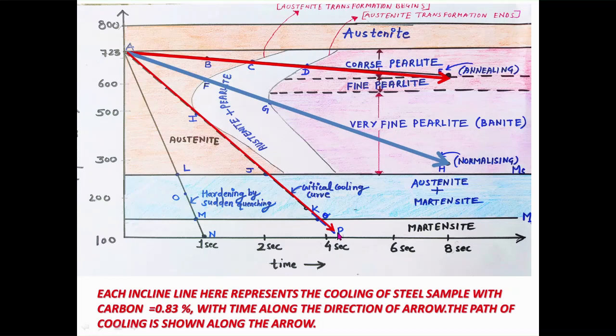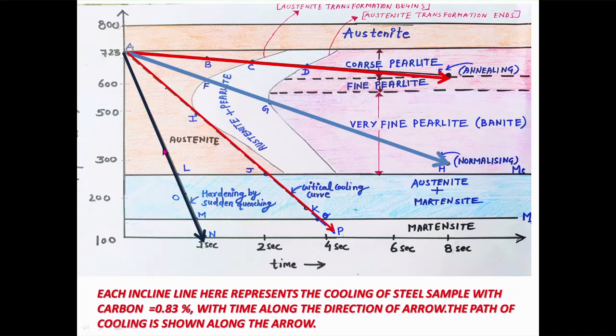As the cooling rate is very high, 350 degrees Celsius per second, and as we do not enter the nose of the TTT diagram here, pearlite is not formed. This cooling rate along the line AP is called the critical cooling rate, because by adopting this cooling rate we will not enter the C curve and pearlite will not form from martensite. Similarly, we can find out the various phases obtained while cooling the sample from point A to point N along AN.